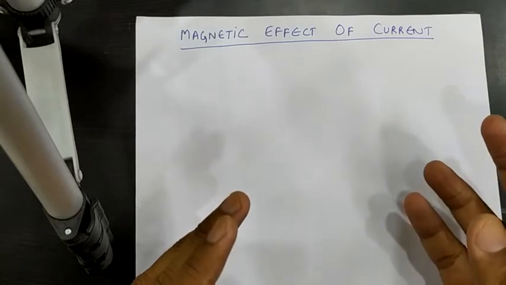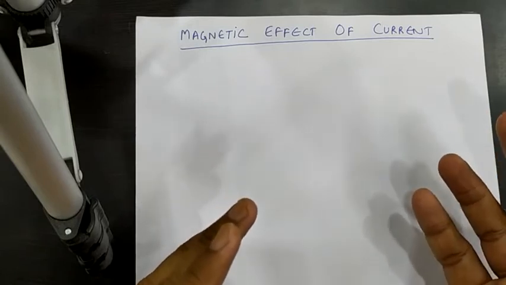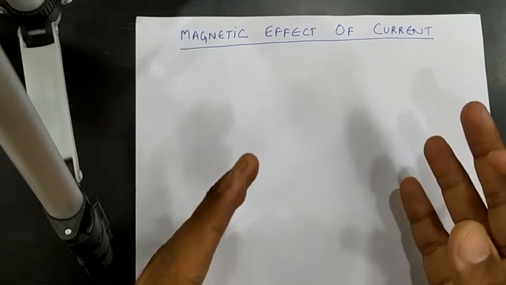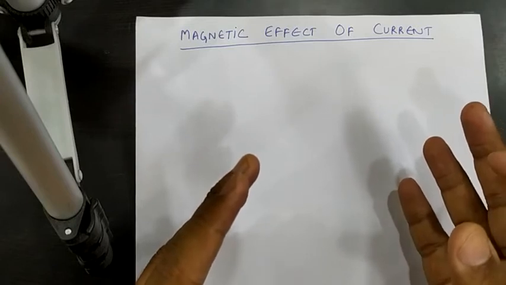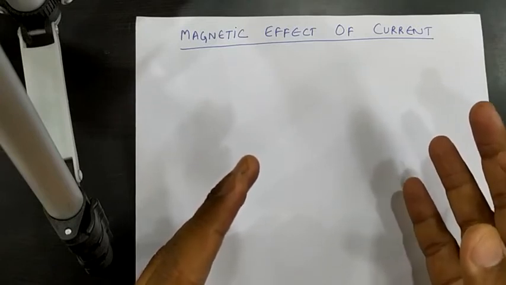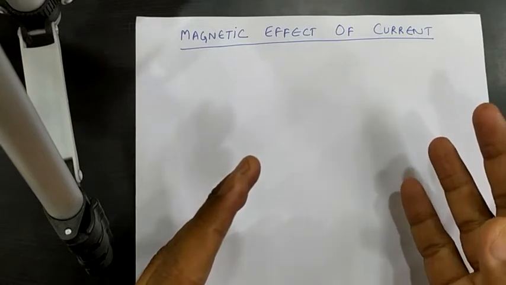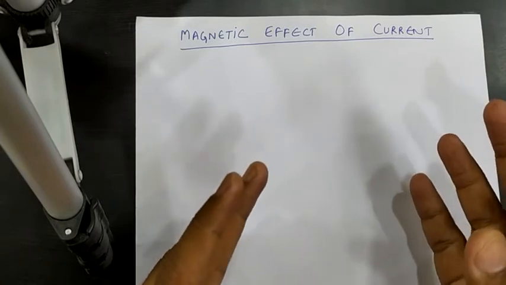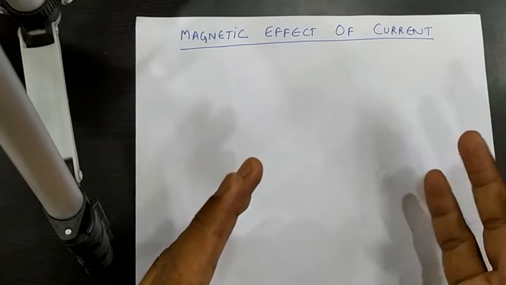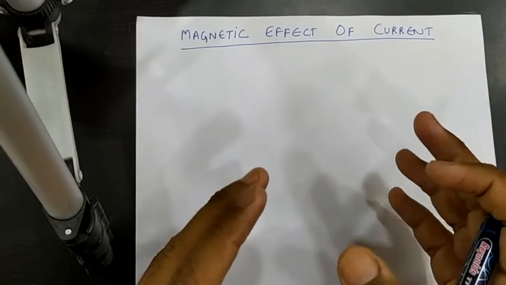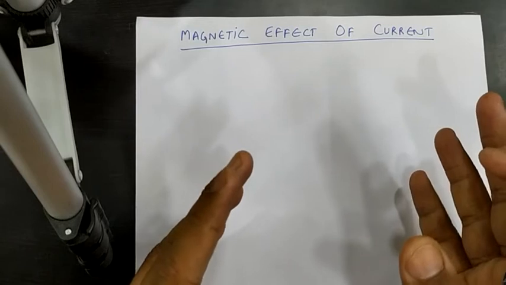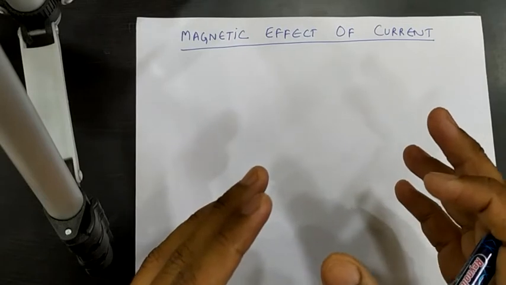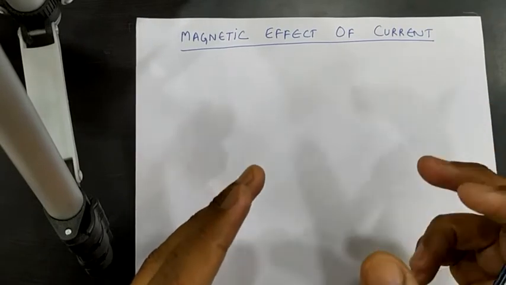Generally we use a bar magnet and a horseshoe shaped magnet. So if you talk about the properties of a magnet, it has two poles, like north pole and south pole. The end of a freely suspended magnet which points towards the north direction is known as the north pole of the magnet, and similarly the south pole of the magnet. And most important is like magnetic poles repel each other, means north and north will repel each other and south and south will also repel each other. Whereas unlike magnetic poles attract each other, that is north and south will attract each other.